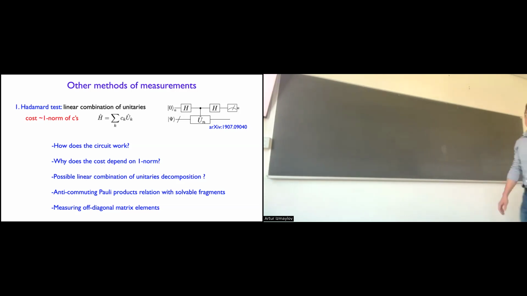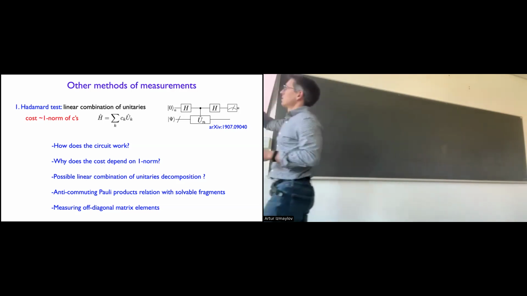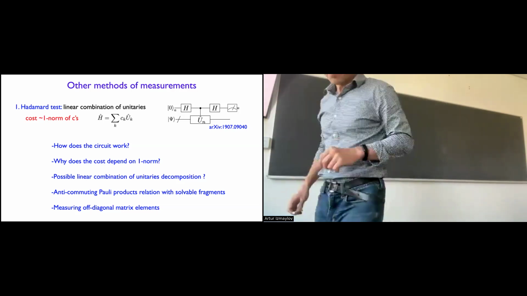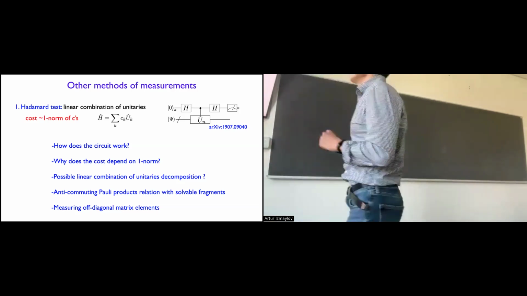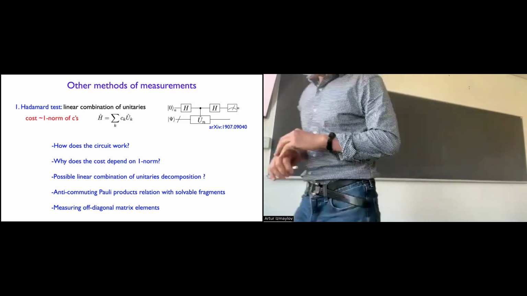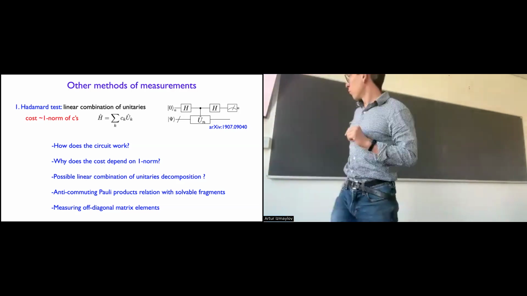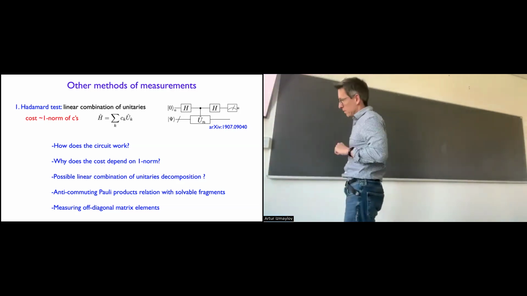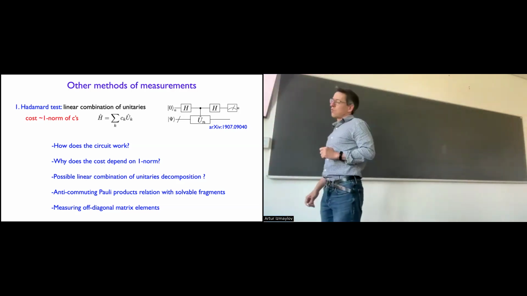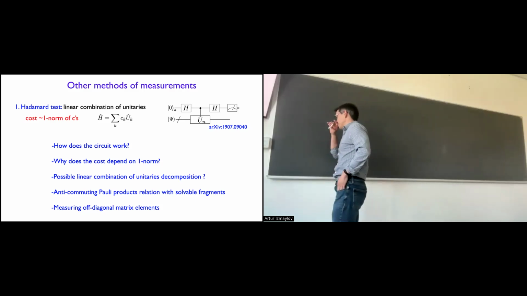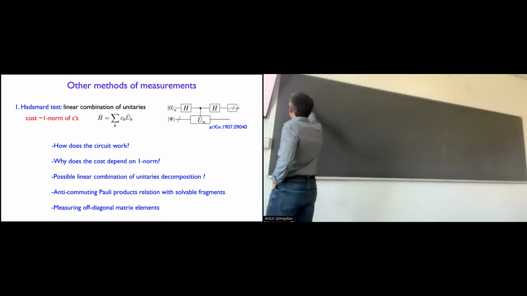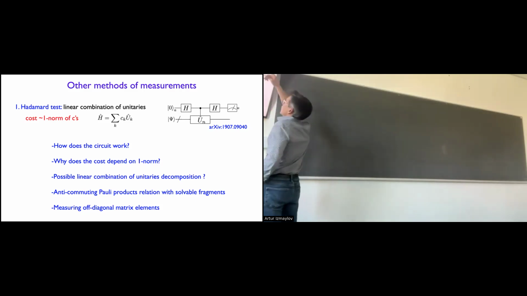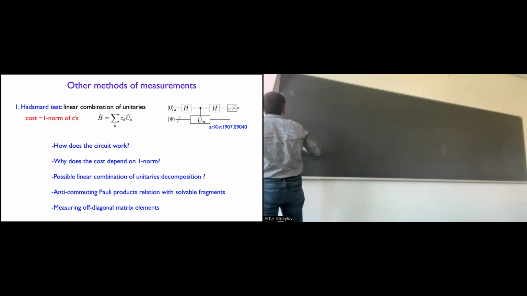So this is where we stopped last time. And let's continue. There is one last item I wanted to quickly talk about, measuring of diagonal matrix elements. But before we get to that, there was another interesting and useful relation that we learned in this problem. So the circuit was drawn here, and we discussed that one way to construct these unitaries